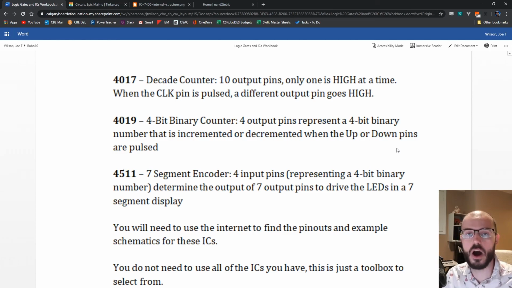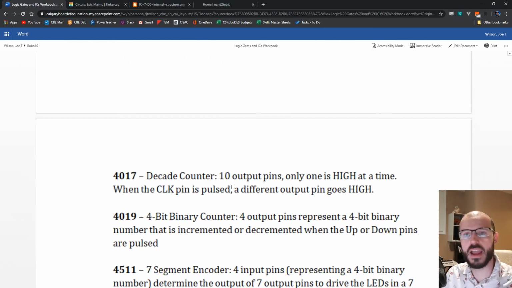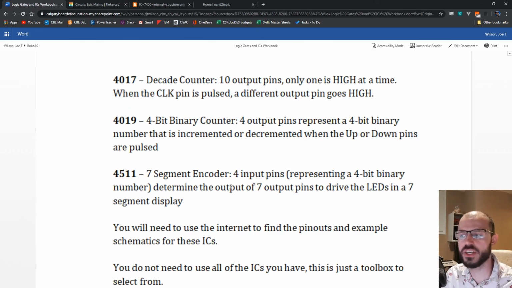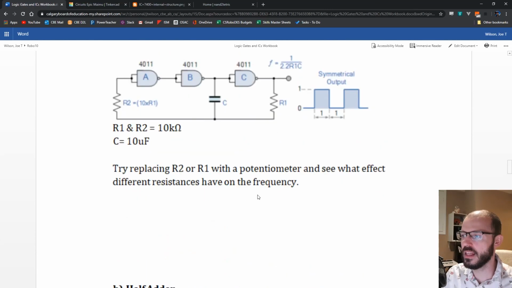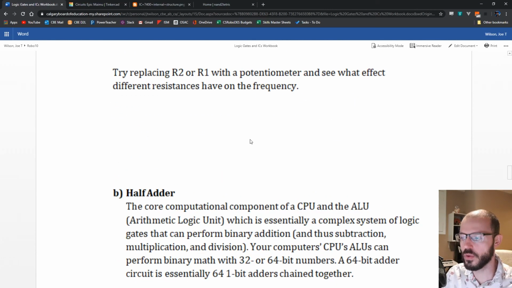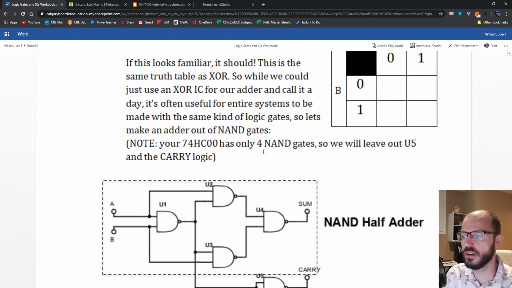You can hop on Google and search 555 projects, 4017 projects, and find some different things you can do, or you can just try and use your brain and look up the data sheets and see if you can figure out what they do on your own. We'll cover all of that stuff, the 555 and the other ICs, where to find their data sheets, what kind of things you can do in the next video. For now, we'll stick with our NAND gates, and you can try making the oscillator, and if you really want, you can make a half adder minus the